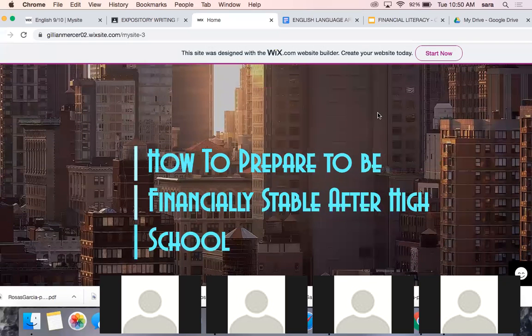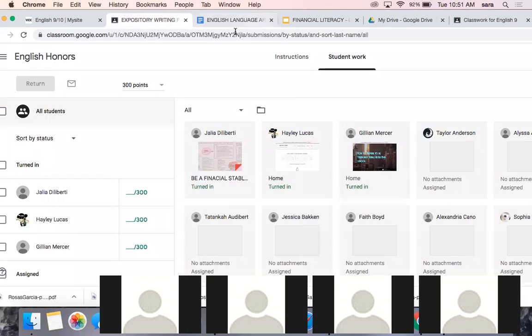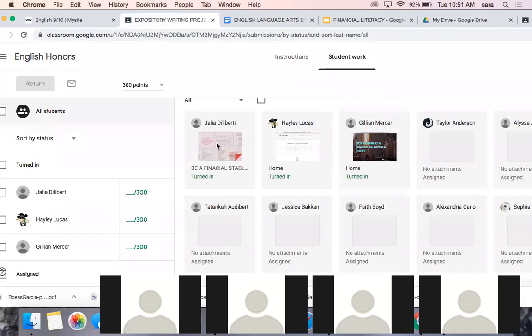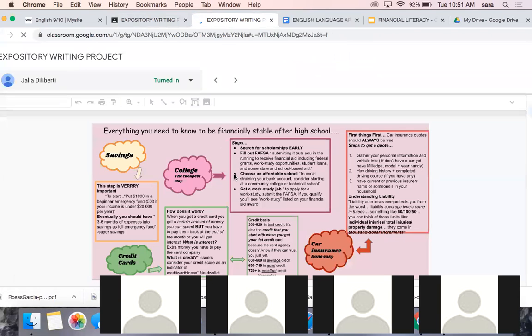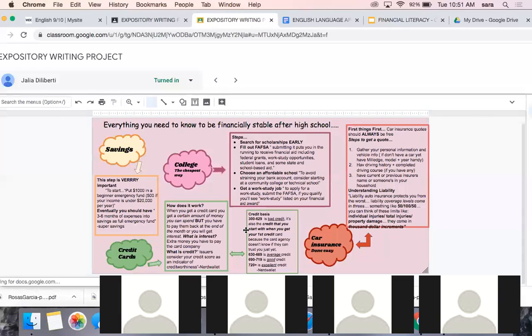They get extra credit, and you'll get extra credit too if you build websites, as websites are pretty hard to build. So that's what she did for her project. And then she did a one-pager, like a little slide almost. You can also do a one-pager. I'm asking you to do all the categories: credit card, savings, college, car insurance, etc. Her one-pager also looks really nice.